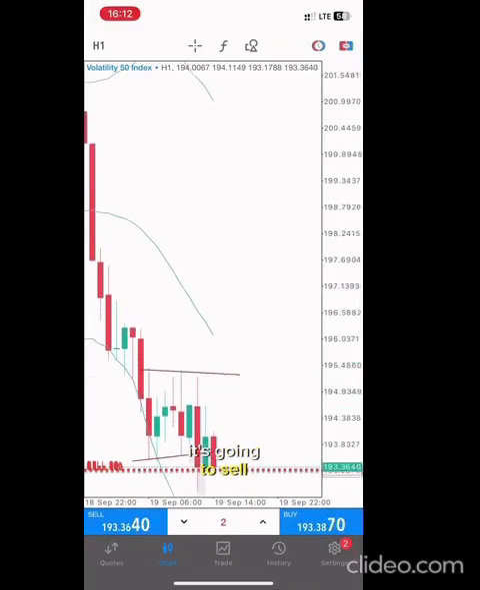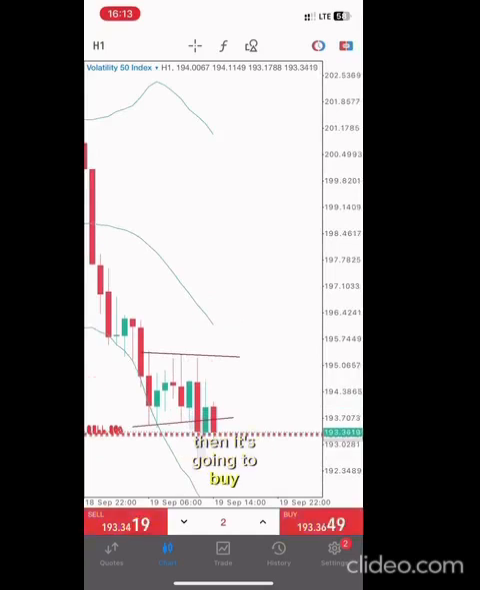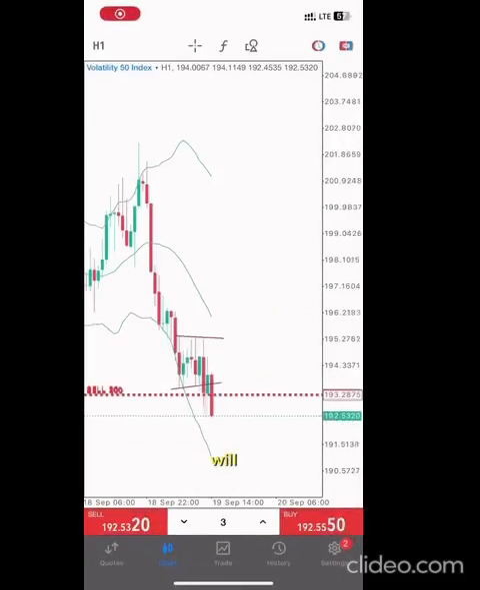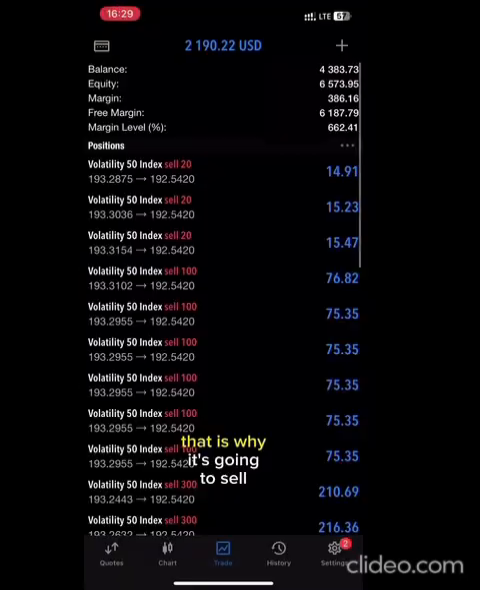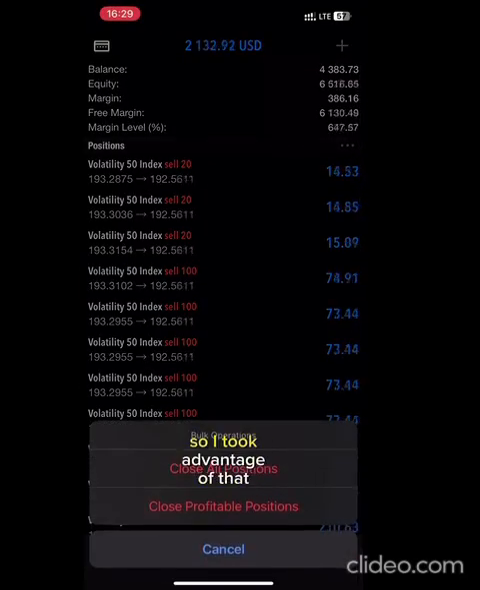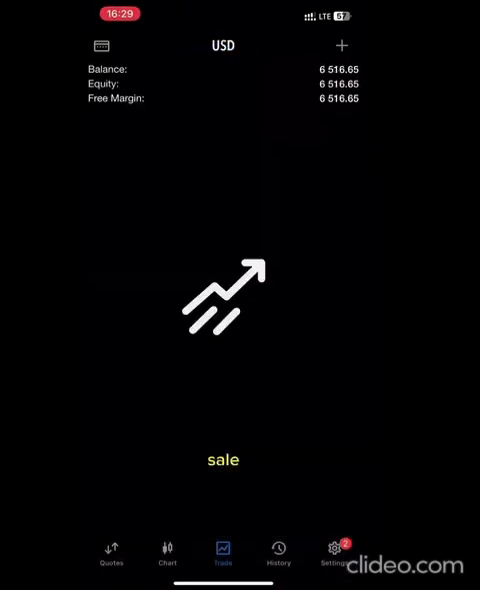It's going to sell, and when it sells, then it's going to buy. Do you understand what I'm saying? It will sell because it's going to attack the stop losses of those early buyers. That is why it's going to sell. So I took advantage of that sell, and then I'm going to buy,